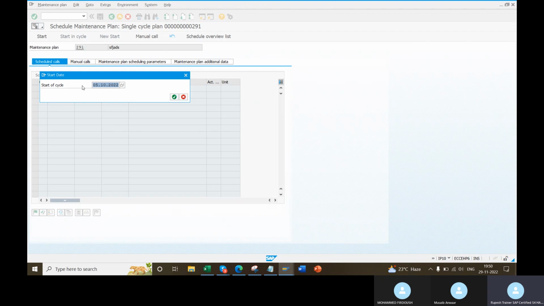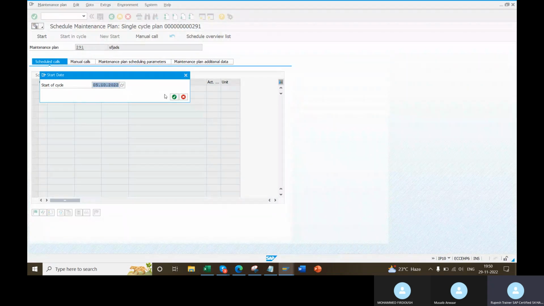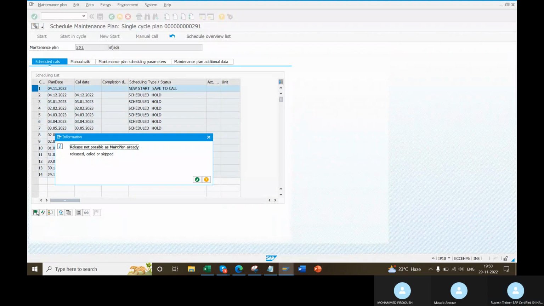If I am giving this date, what date is coming? See the dates clearly. If you see the date flow and understand it, preventive will be very easy for you. Simply if you give any date and go, you won't understand preventive. Okay, so I am giving November 5. Correct, right? No, October 5. October 5. Okay. Select it.